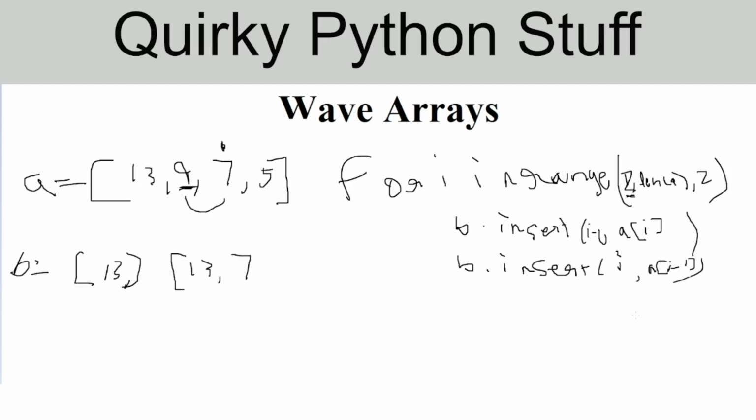Sheesh, handwriting real bad. So what we will get here is, in the ith position, which is 2, we'll get what is in I minus 1, which is this one, 9. And if we do the same thing